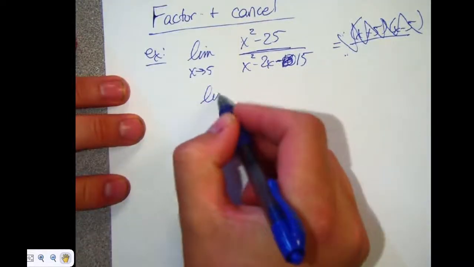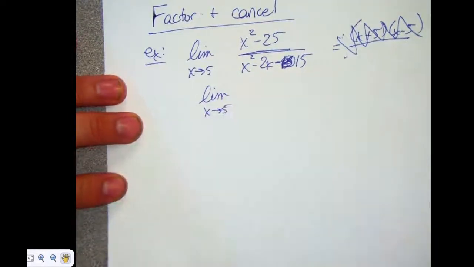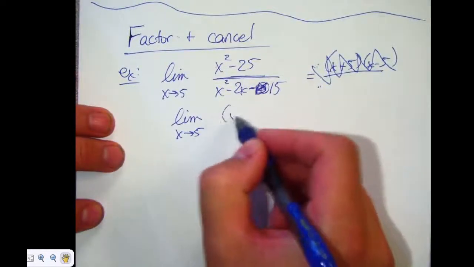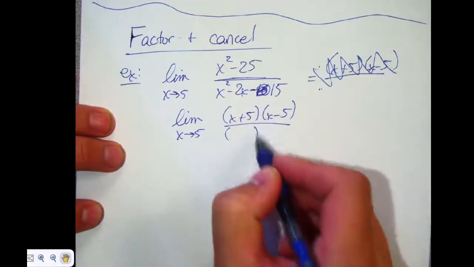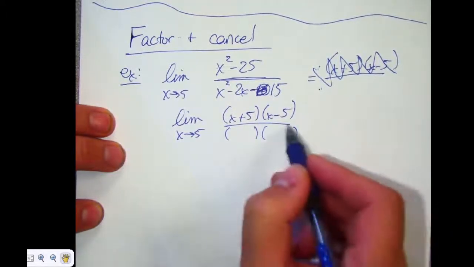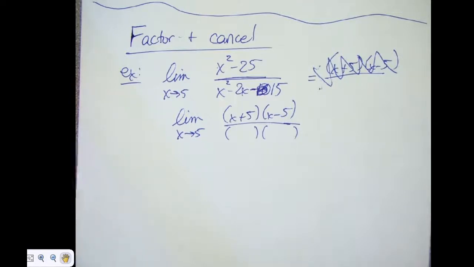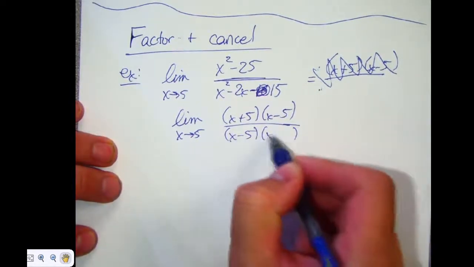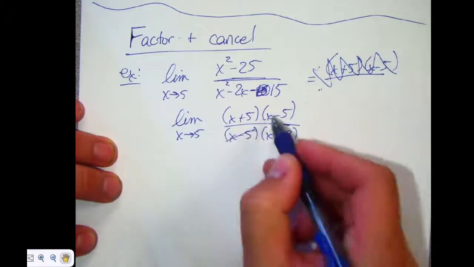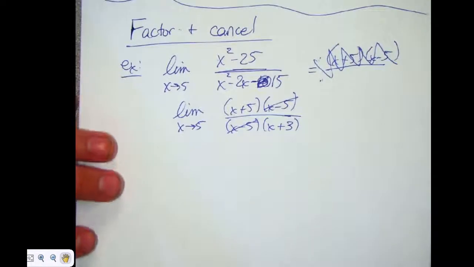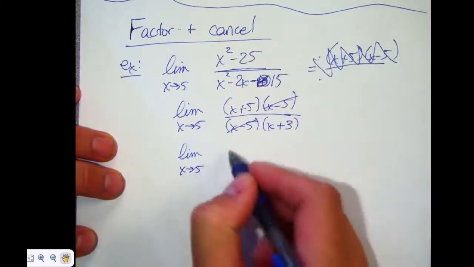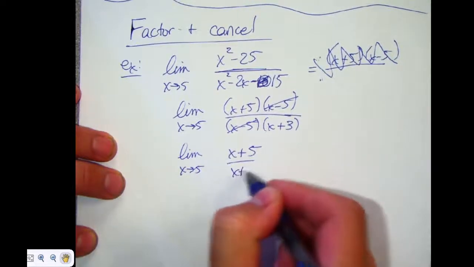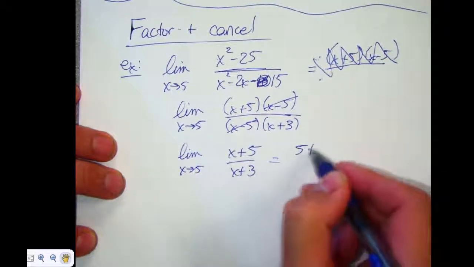So I'm going to work down, so it's easier for me that way to kind of remember the limit part. So x squared minus 25 factors into x plus 5, x minus 5, right? The bottom factors into, what, well, multiplies to negative 15 and adds up to negative 2. Negative 5, positive 3. Now the x minus 5s will cancel. The limit is still in there. Like, this is still a limit question, so I'm still finding the limit as x approaches 5 of x plus 5 over x plus 3. Now I'm plugging in